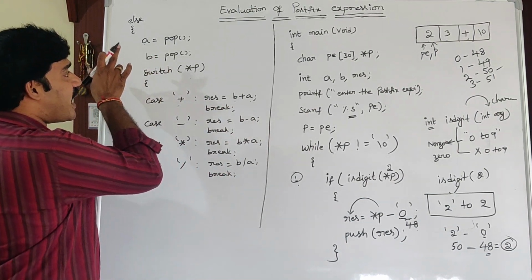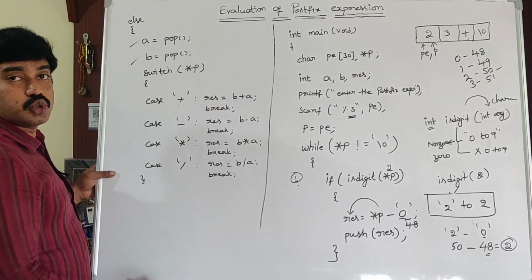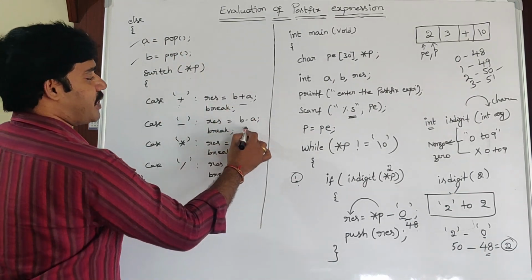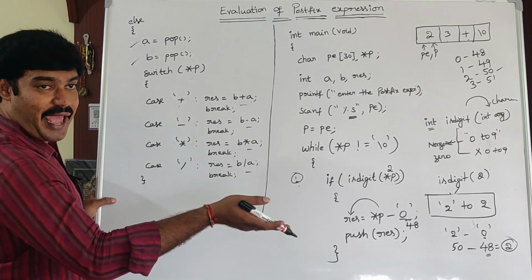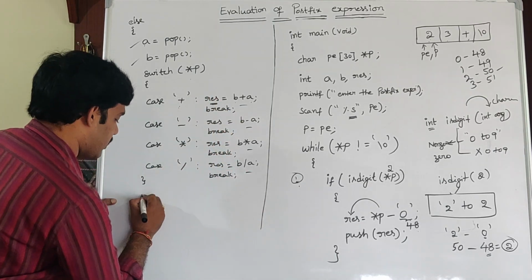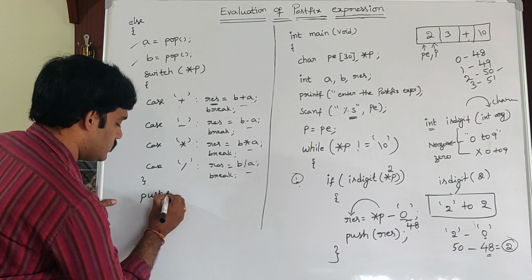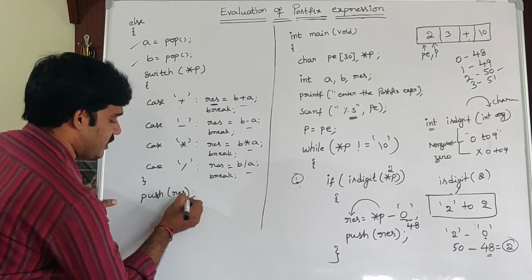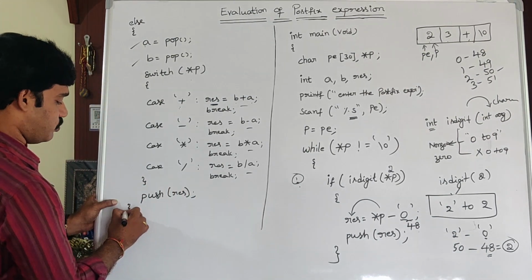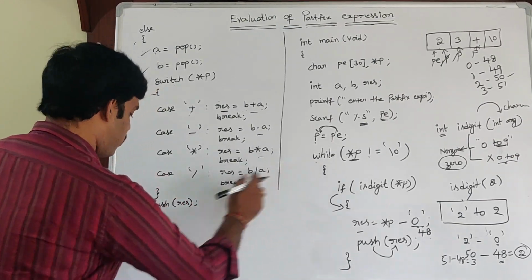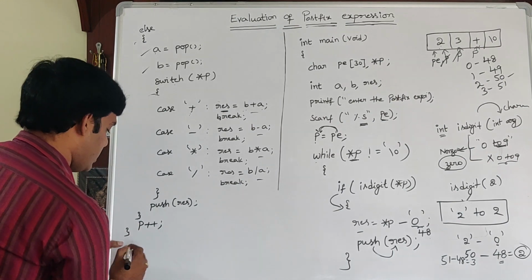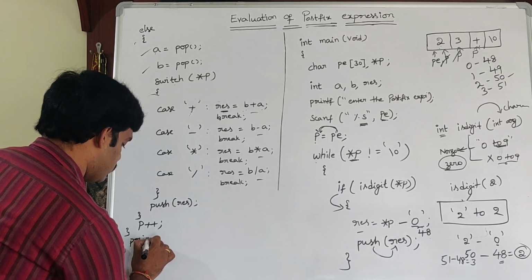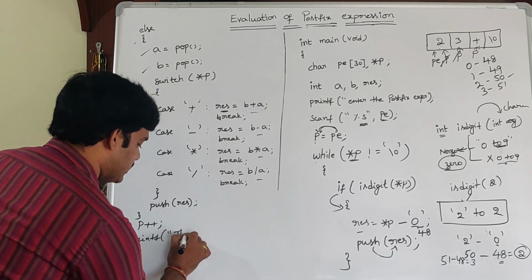Next, if it is an operator, then pop the topmost two elements and apply that operator on those two operands. Finally, push the result into the stack. So push of result into the stack. Closing of the else block. Next, coming to the while block, p plus plus, closing of while. Next, printf, the result is